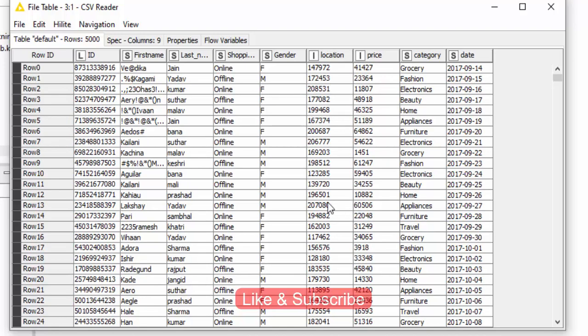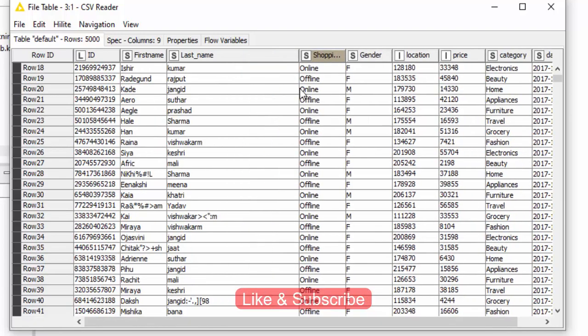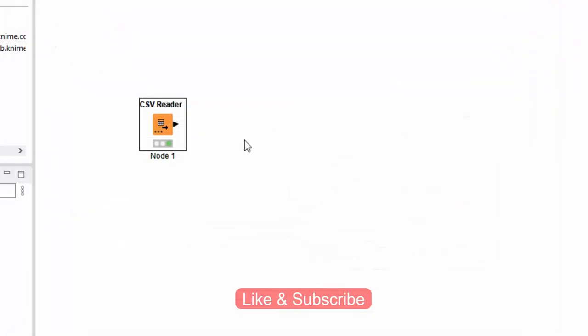However, there seems to be an issue with the first name column. Some entries contain special characters or incorrect information. Before proceeding with the analysis, we need to clean the data.